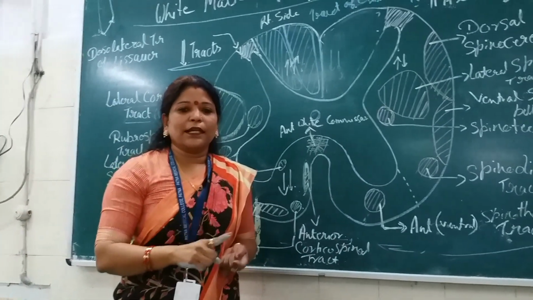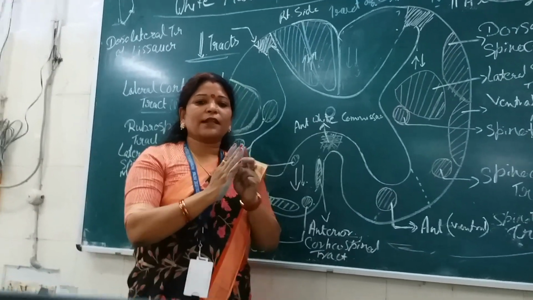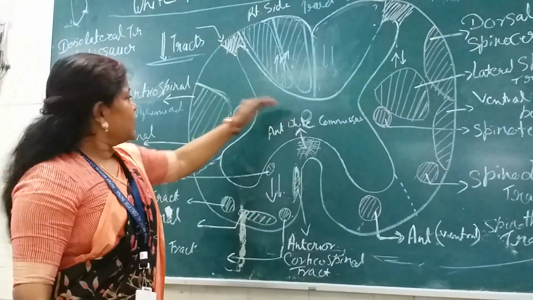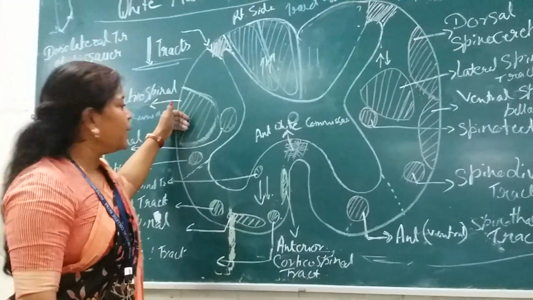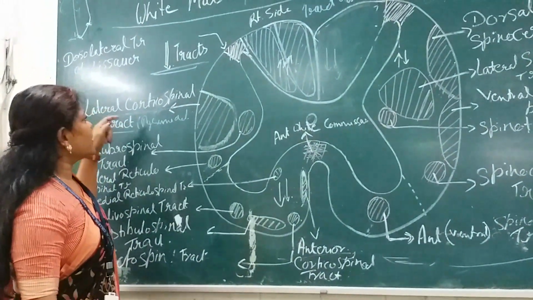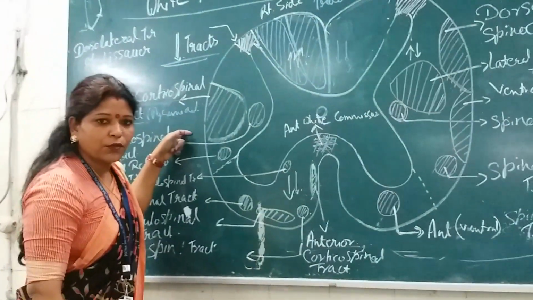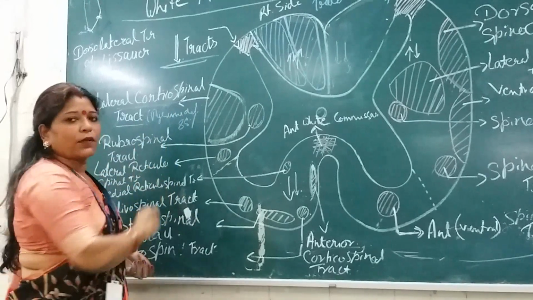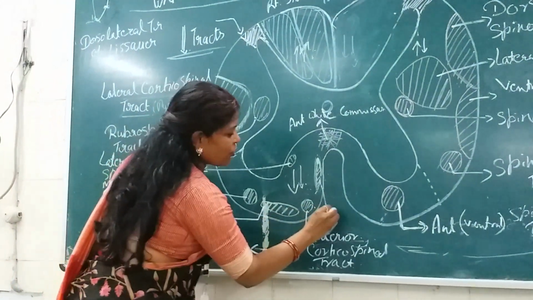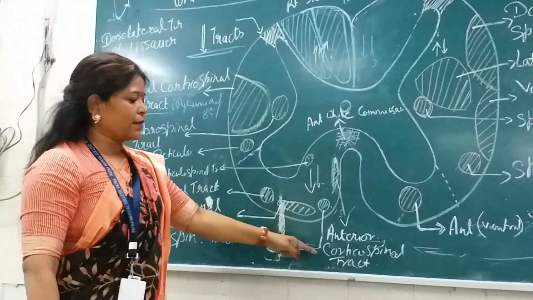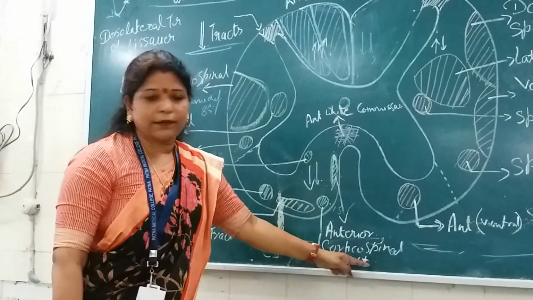Because in the medulla there are the olive and the pyramid. This tract passes through the pyramid of the medulla oblongata, and that's why it is also known as the pyramidal tract. Okay, so 85% of the pyramidal tract crosses, and the 15% uncrossed descends downwards as the anterior corticospinal tract.